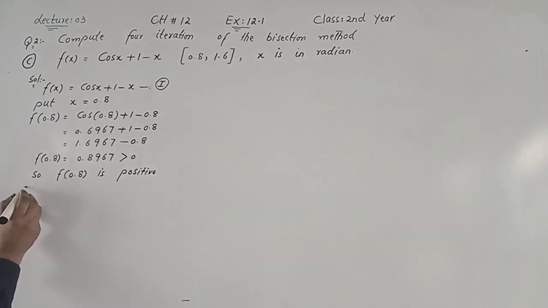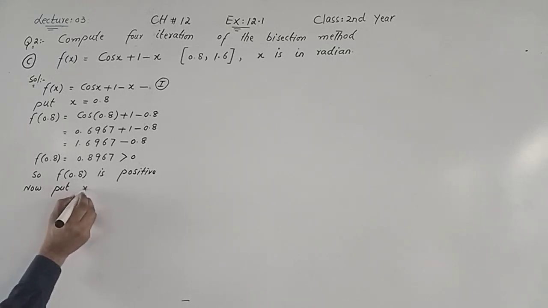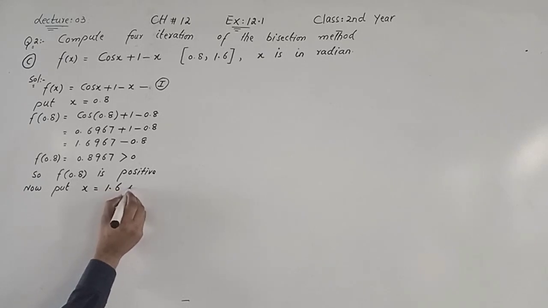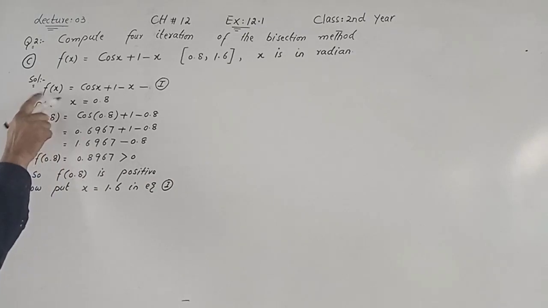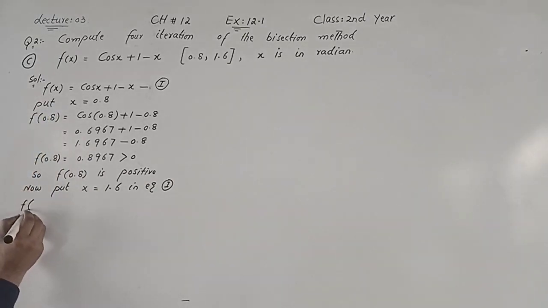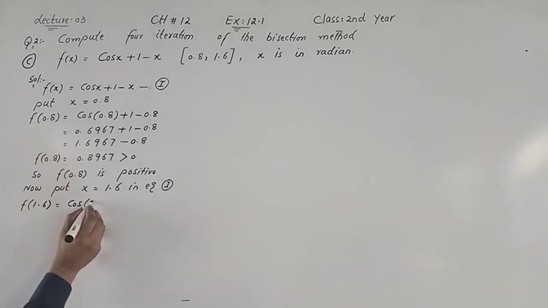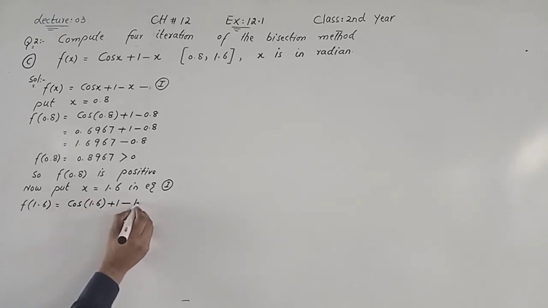Now put x is equal to 1.6 in equation 1, तो क्या आ जाएगा? f of x की जगह लिखते f of 1.6 is equal to cos 1.6 plus 1 minus 1.6, तो ये साथ है तो आ जाएगा हमारे पास